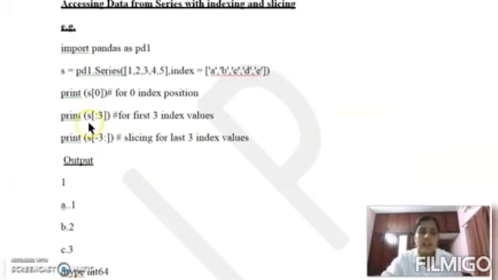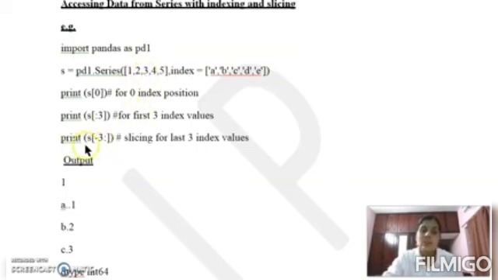This is similar to S[0:3]. Then 0:3 means the 0th element 1, first element 2, second element 3. And we will not take the third element, because up to the third position we are fetching data. So 0, 1, 2 are the positions. So we will extract 1, 2 and 3.